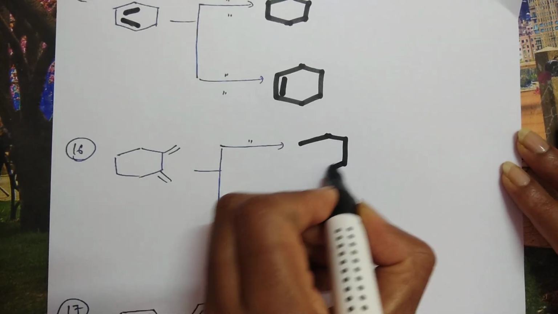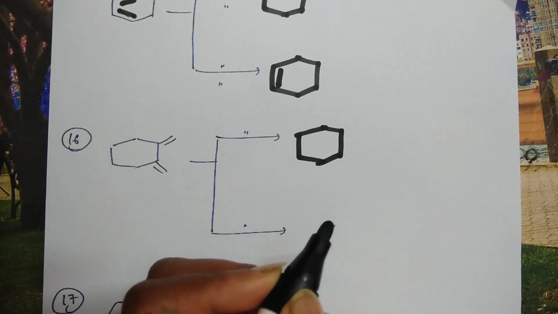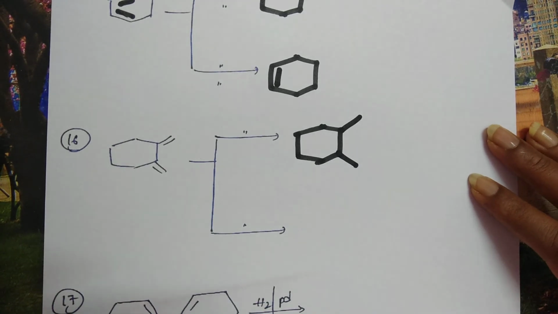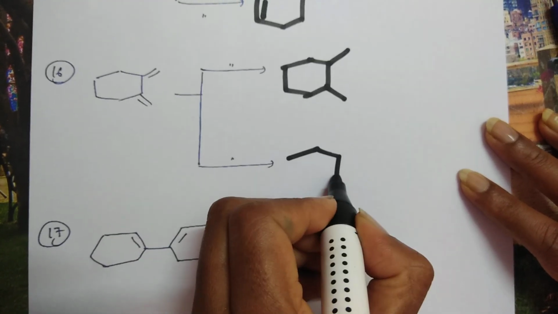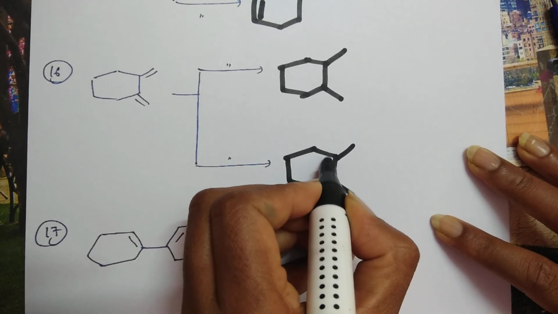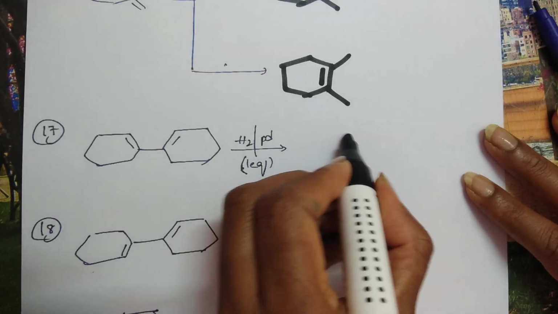Ma'am, then why did you not tell this point before? Because before, alternating pi bonds were not there. See the next one. Both the pi bonds will be reduced. But when you take only one equivalent with alternating pi bonds, the double bond comes in the middle. Easy, no? See the next one.